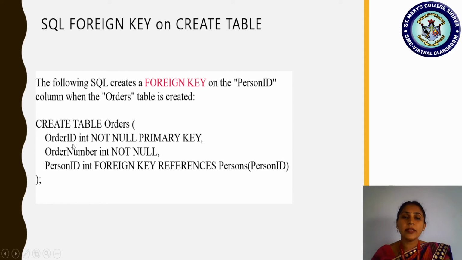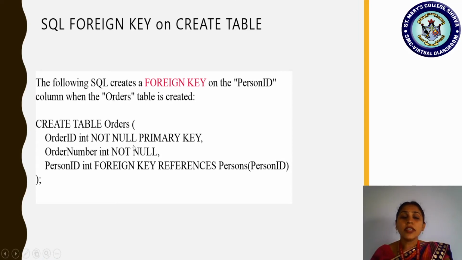See, order ID is mentioned, and you should tell which data type it is. So order ID is of integer data type. So I am providing int, I am mentioning int here. And what is the constraint we are using? Yes, not null I have not yet shown you, but like how we have included primary key, person ID, int, the primary key, like that. Here it is order ID